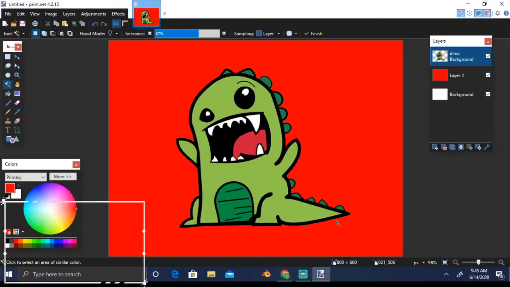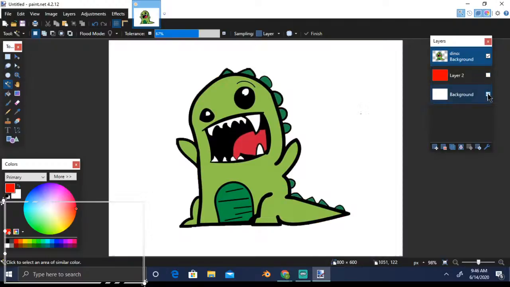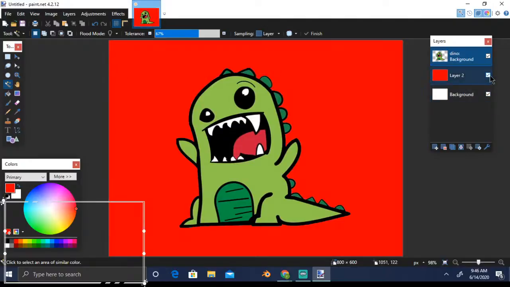Now we have deleted the background of this image, and if you look at this layer, it has become gray and white check boxes, showing that the layer background is transparent now. Now let's uncheck this red and this, and here we are on this image on the transparent background. Any background color which you put now will appear here.